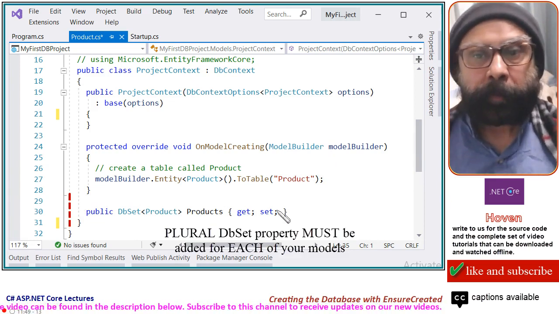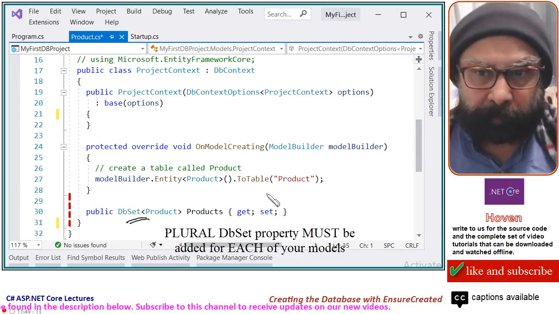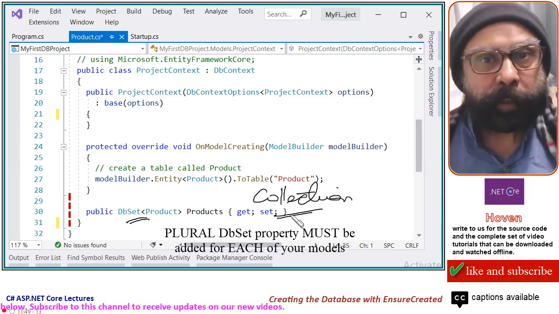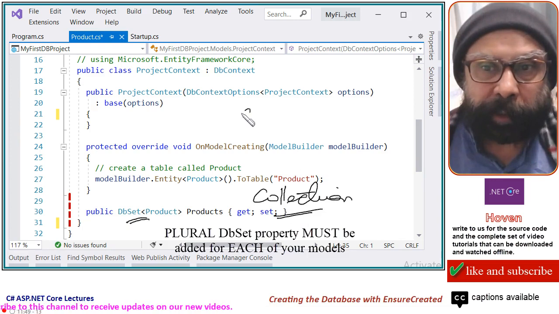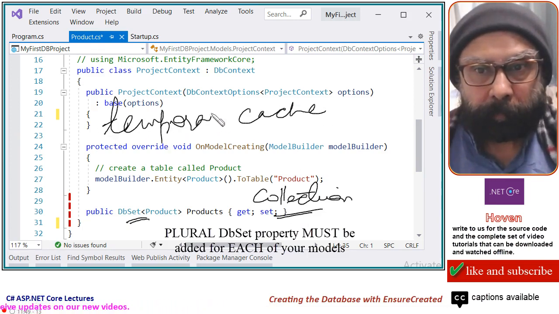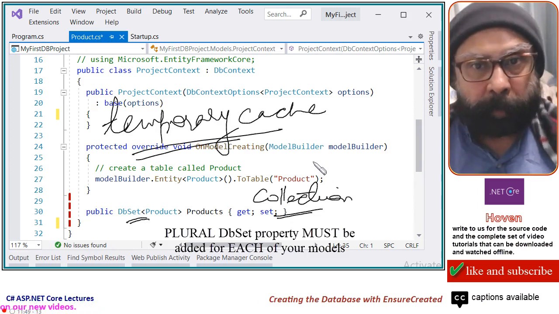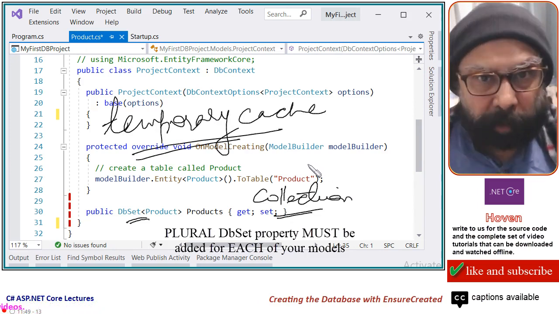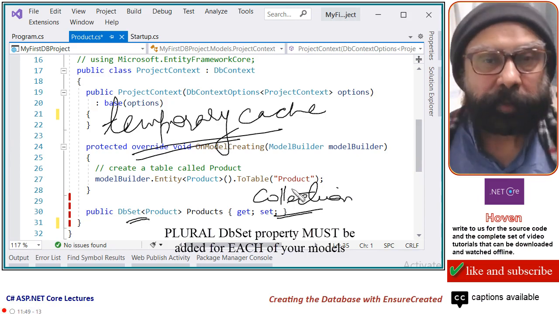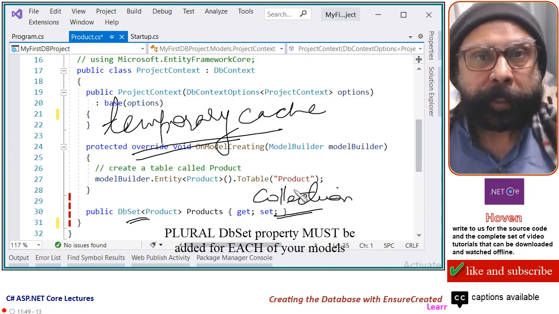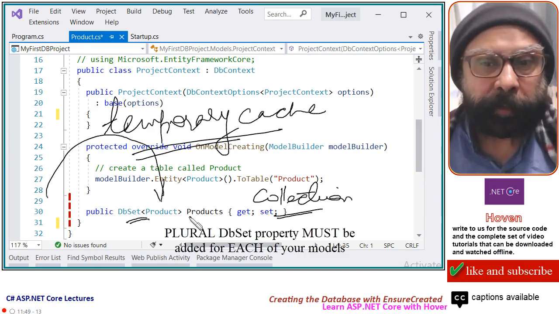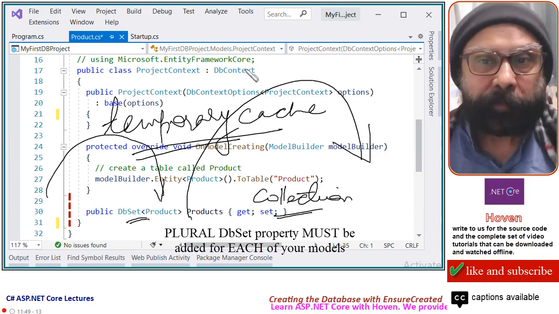This is actually a collection, a temporary cache of records that move into and out of your database. Suppose you want to add an item to your database. Your item will enter this collection. From here, it will move to the database when you save it.